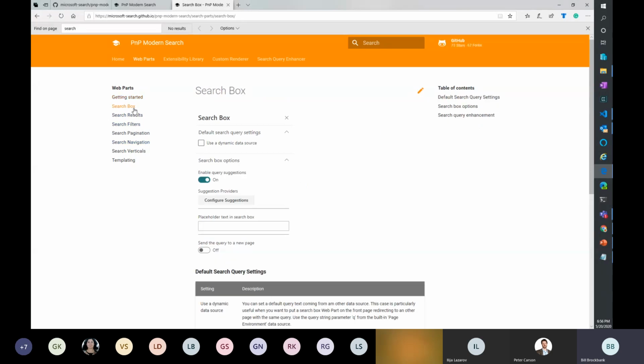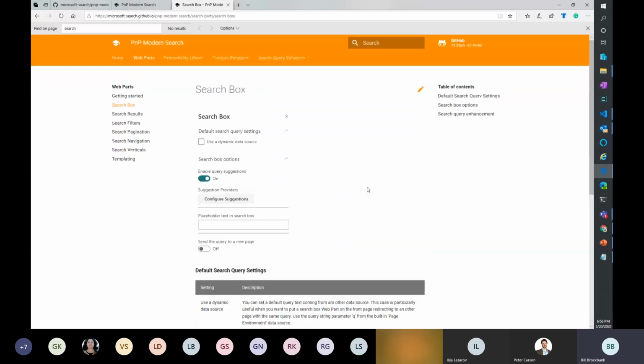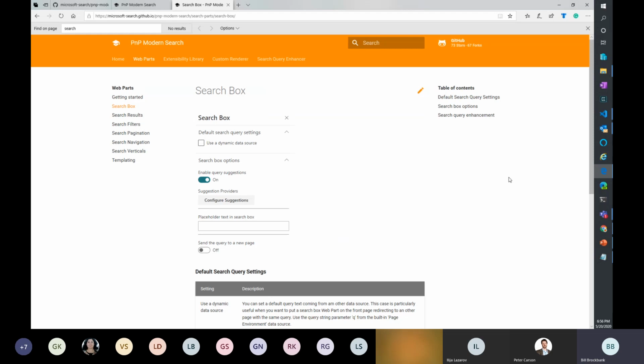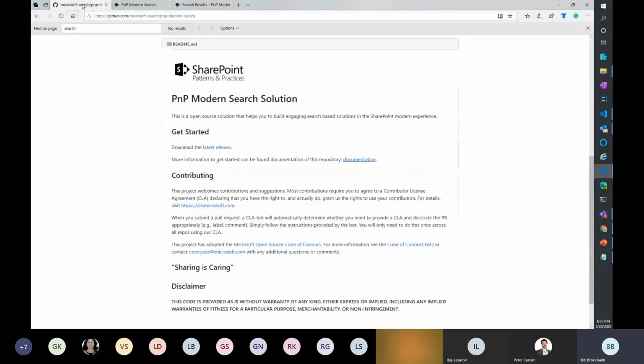And then in here, you're going to find all the information about every setting and what you can do with the settings. So in the search box, what your settings are. If I go through this a little bit too quick, this is where you can find the detailed information on how to use it. Again, one of the things that isn't in here is how to get all the gears to turn in the same direction, which is the interesting part of the process. I'm just going to leave one of these up, which is search results, because I want to come back to that.